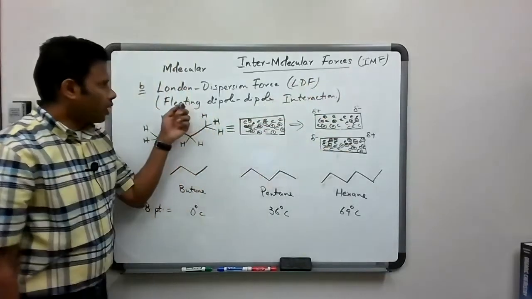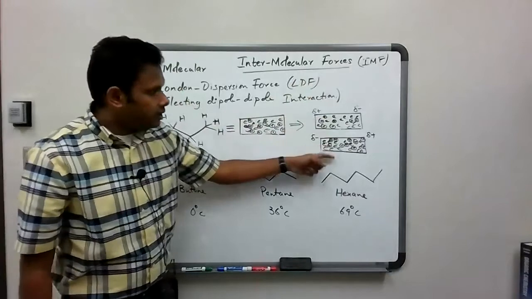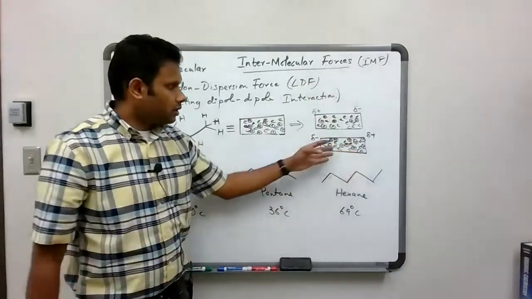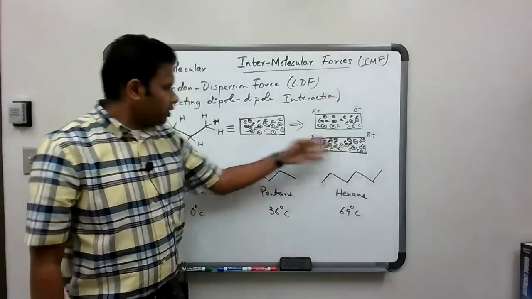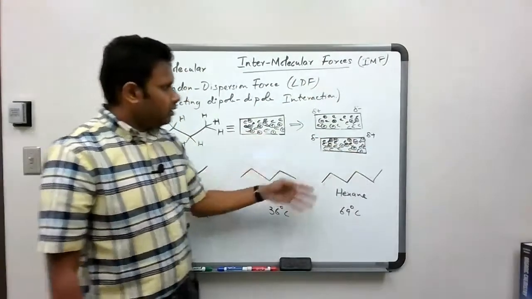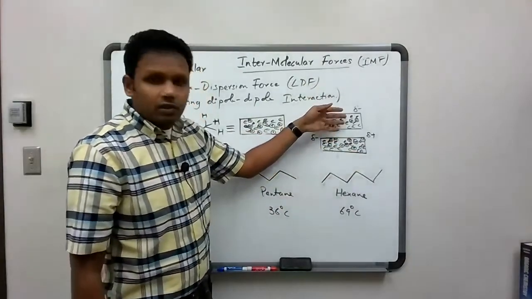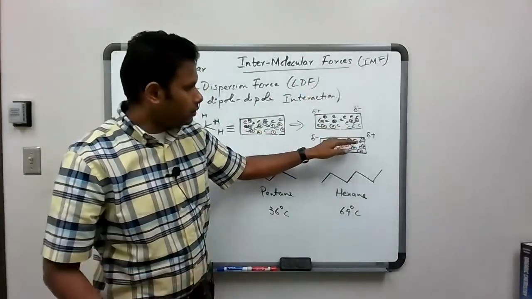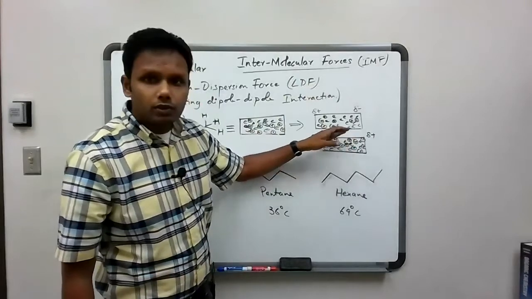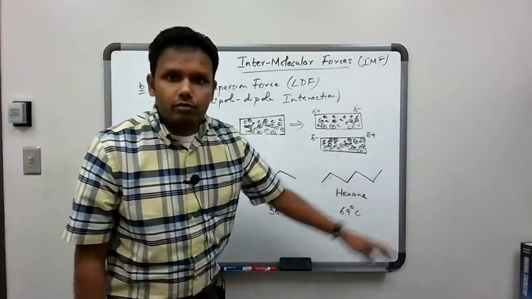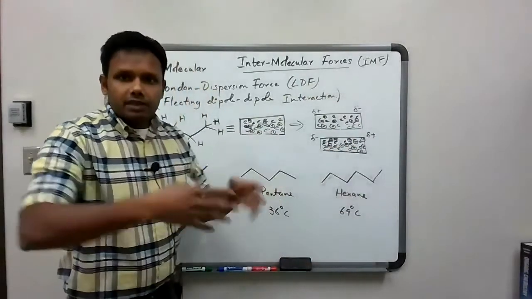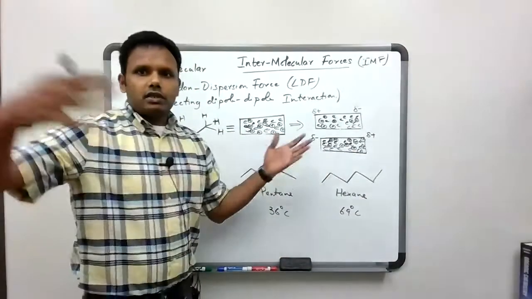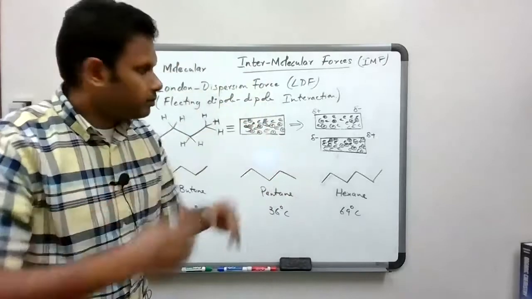So we have one fleeting dipole and we have another fleeting dipole, because this is also going to be very transient, and the next moment this other molecule could become like that. But as soon as one becomes a fleeting dipole, it's going to influence a neighboring molecule. This neighboring molecule is going to influence another neighboring molecule, and that phenomenon goes on. So it ends up influencing a ton of molecules in that system.